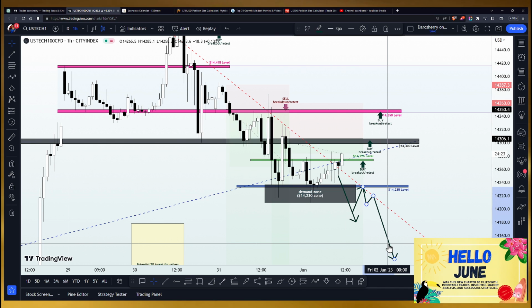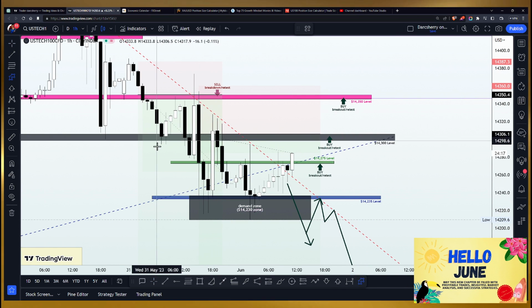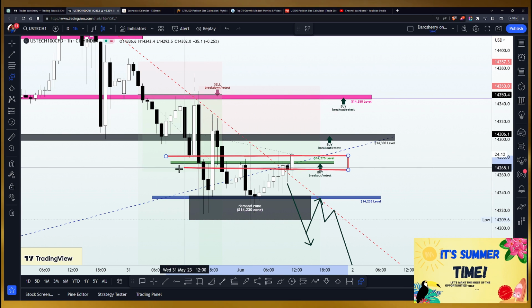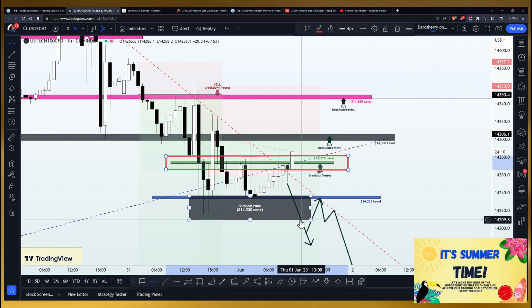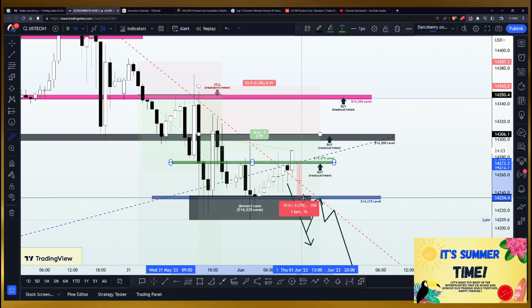So we continue to remain bullish here based on the structure, and we've already identified a key level that will be guiding our bullish momentum going forward. So anywhere above the 14,275 is what we are looking out for to buy from that structure. Then we should be having our stop losses anywhere around that 14,235, which will be dovetailing to between 35 to 40 pips stop loss in this market. So that is how we are going to be looking at the USTech100 for today.